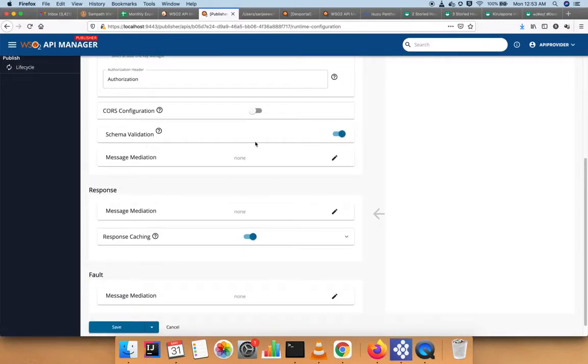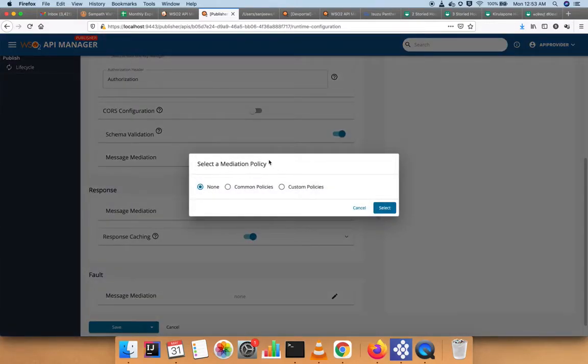Then we have the schema validation feature, which will validate your incoming request against the OpenAPI definition. Basically, in the OpenAPI definition, we have models. Then in the request flow, we check the request against those models associated with resources. Then we have the API mediation policy. So this again covers C2. C2 basically discusses the mediation flow. Previously I explained how we can do a complex mediation flow. This one is for the very simple one.